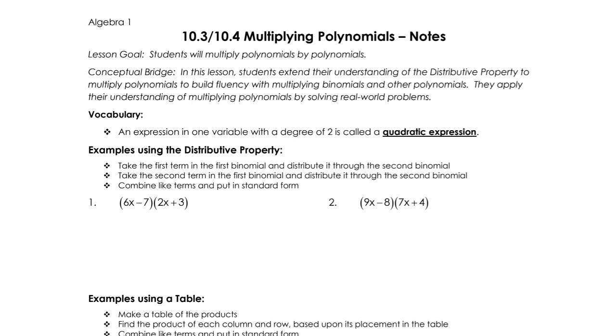For this video, we will be talking about section 10.3 and 10.4, which is multiplying polynomials. On the front, you will see that we are multiplying two binomials together. If you remember from 10.1, binomials are polynomials that have two terms. So looking at this, there is a process in which we are going to multiply two polynomials together, more specifically